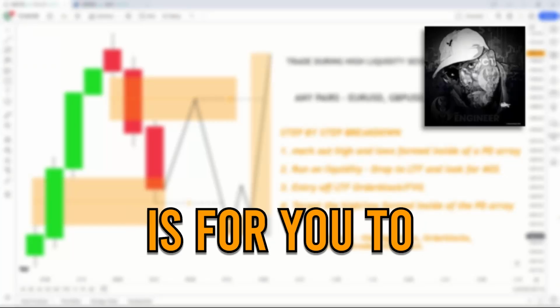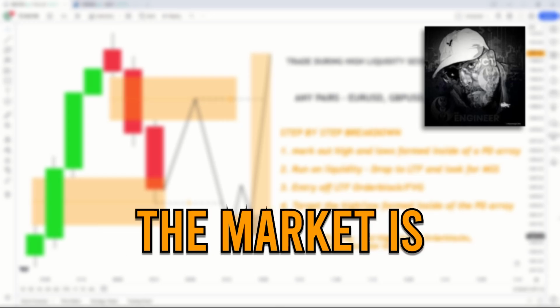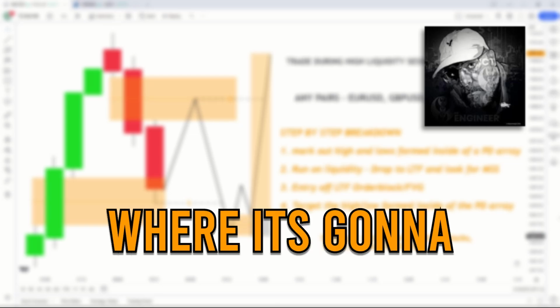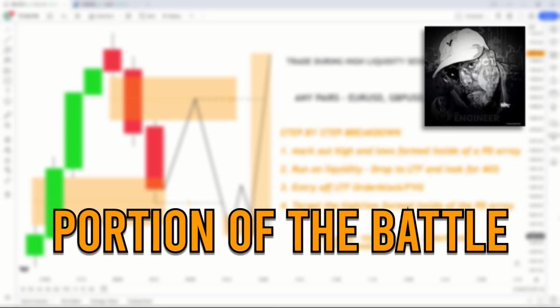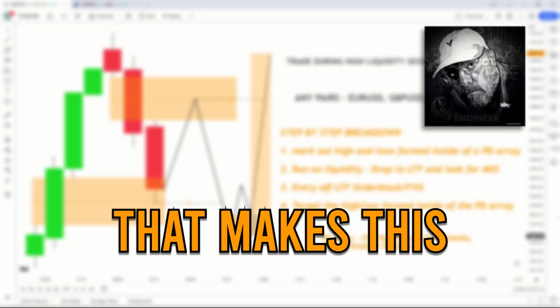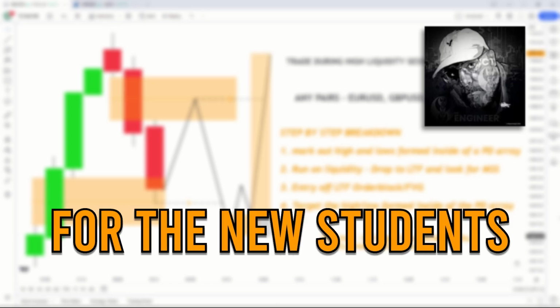The first goal is for you to identify where the market's going to draw to. If you can determine where the market is most likely, not all the time, most likely where it's going to reach for, that's the largest portion of the battle. That's the thing that makes this so impossible for new students or a new trader,